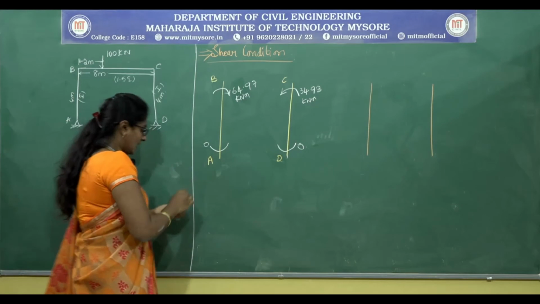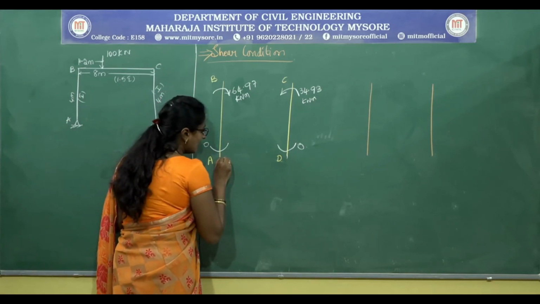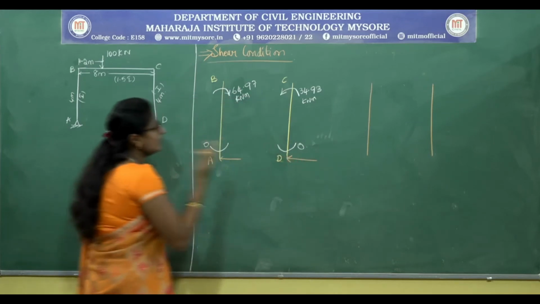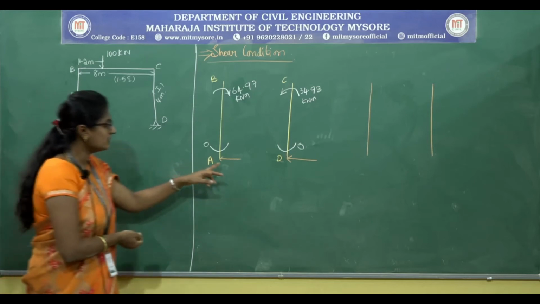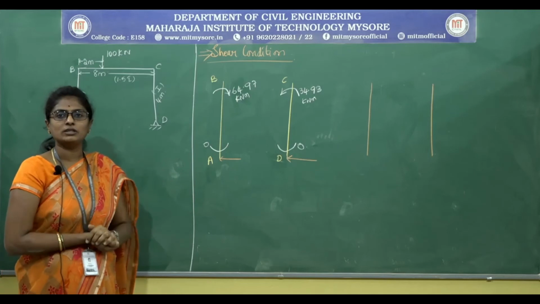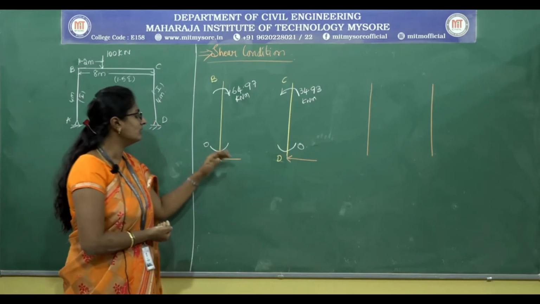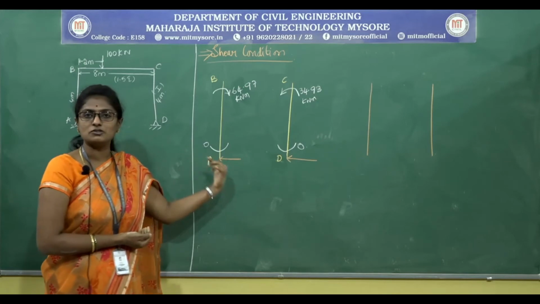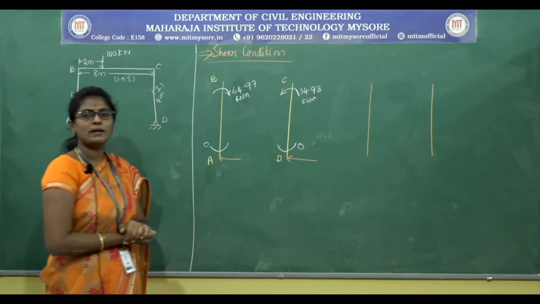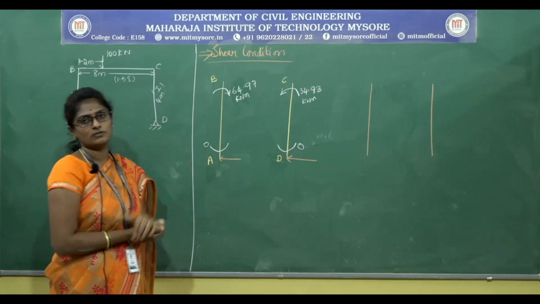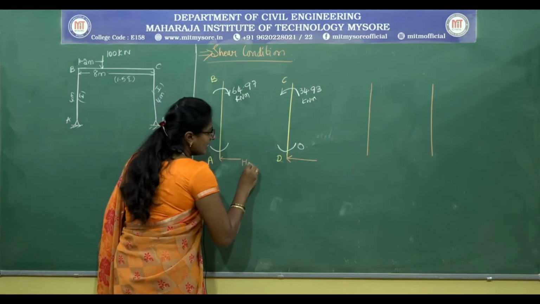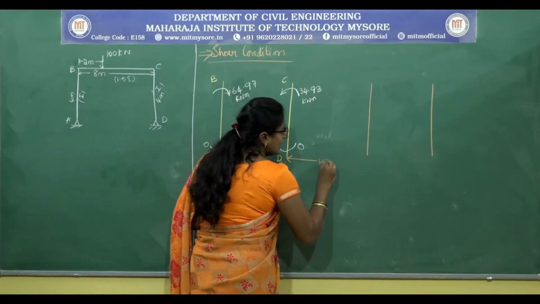Okay. For this I will consider the reactions acting. This reaction can be assumed in any direction. You can also assume this direction of reaction in this also. But according to my assumption, if I get a positive value, the direction of this reaction which I have assumed is right, and if I get a negative sign, that means the reaction will be in the opposite direction. Now, by using this, we need to calculate the reactions HA and HD.